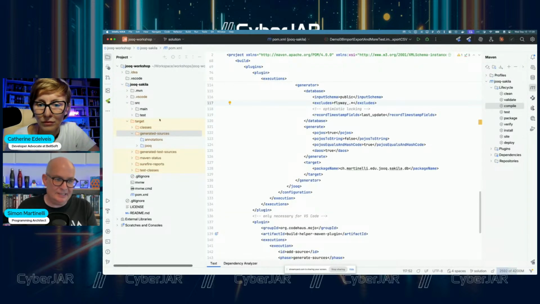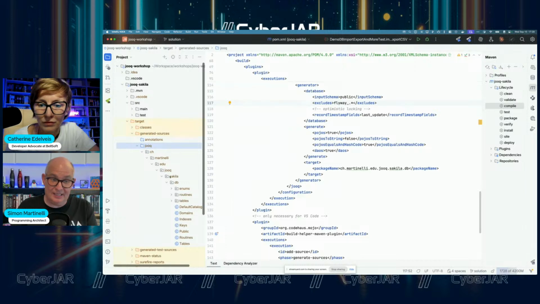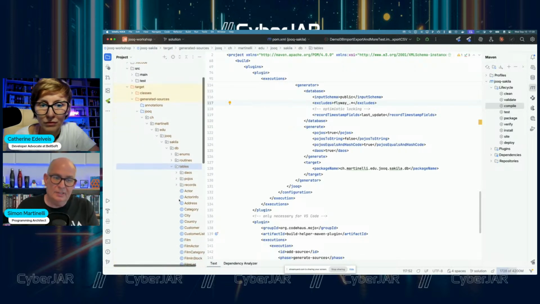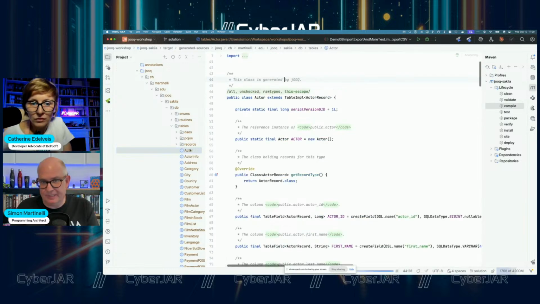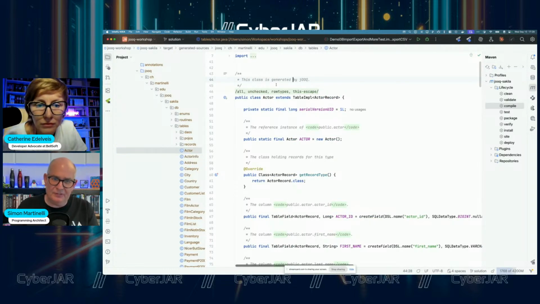It generates a meta model, as I said, similar to what we have from JPA, but it's a bit different. If you look at the actor table, for example, we see that we have a few constants in this class. You get the constants, for example, for the table name, you get the constants for the column names, and that will be the thing that you will then later use in the queries. We will see a query in a minute.